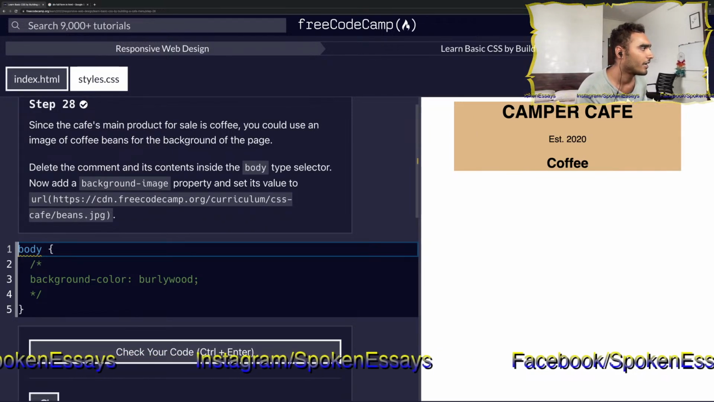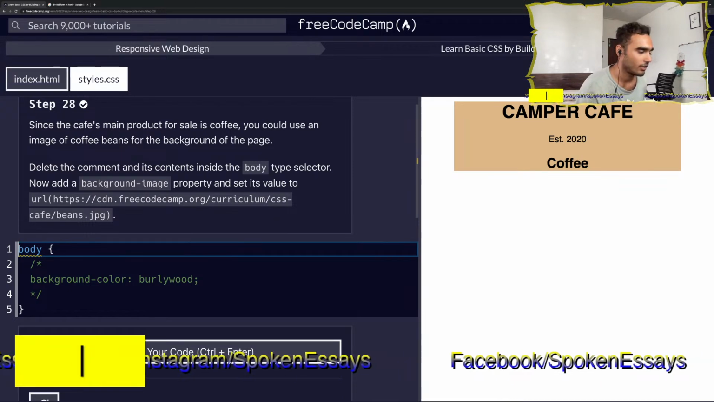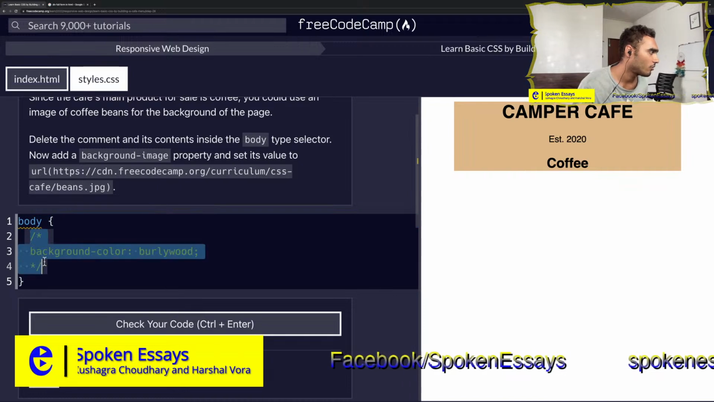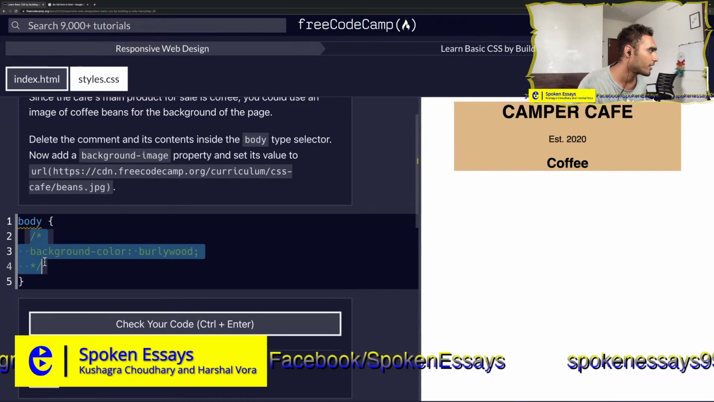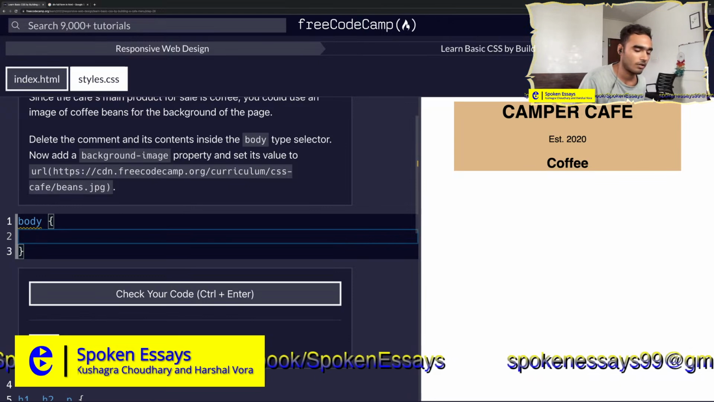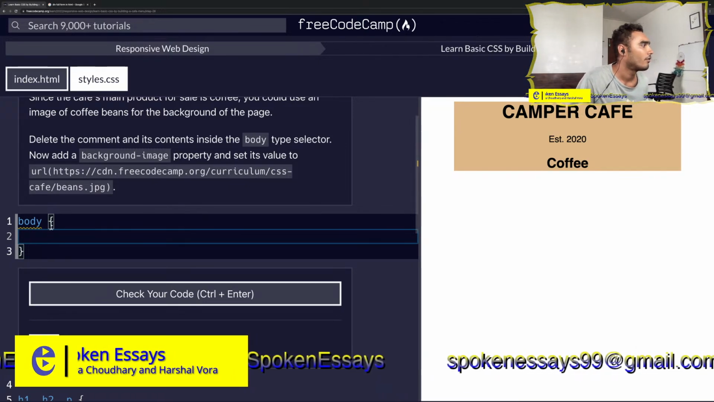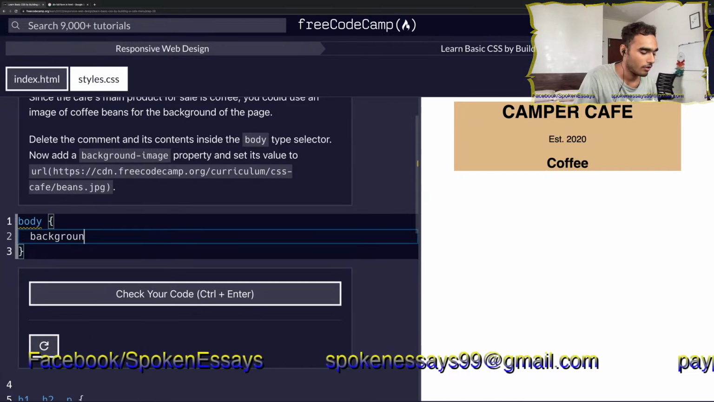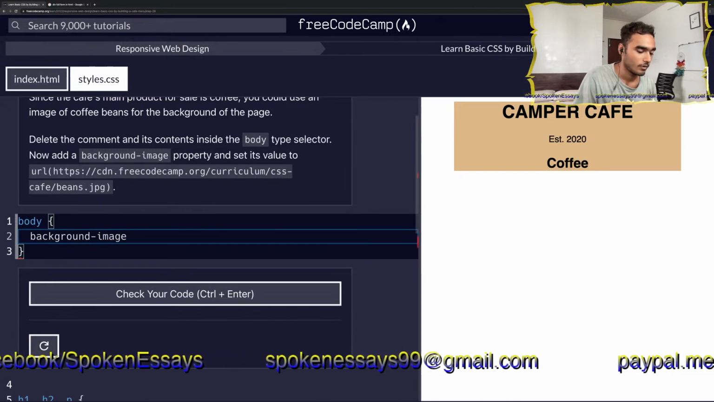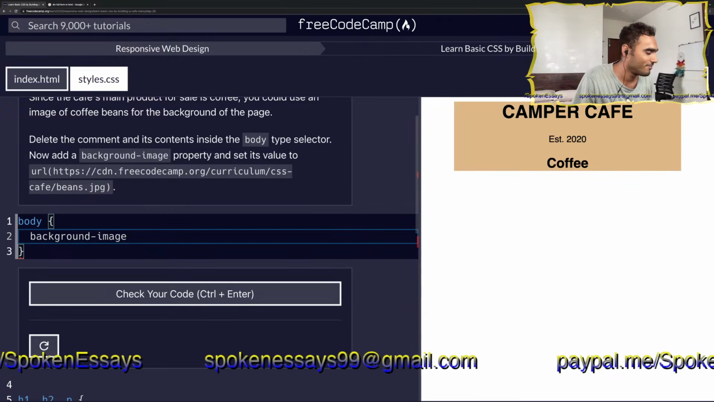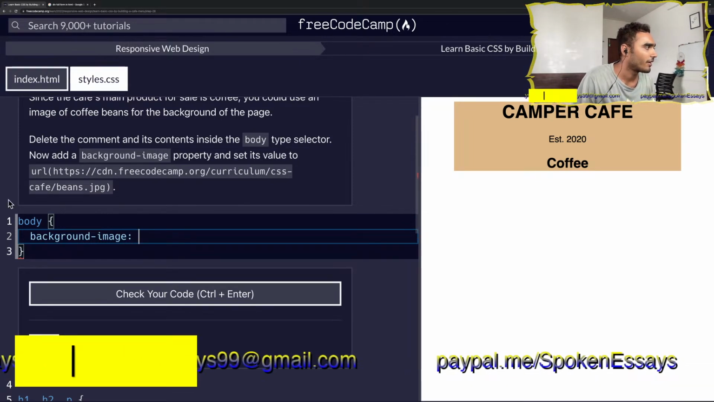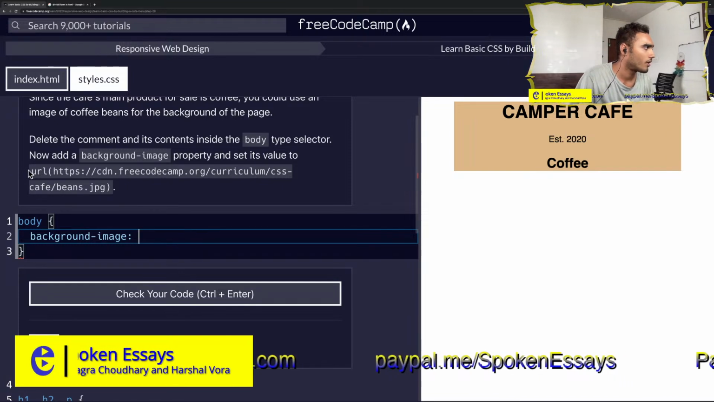So delete the comment and its contents inside the body type selector. So we're in the type selector called body, and inside this we commented this a few steps ago. इसको हटा देते हैं. And now what we'll do is we'll add a property called background-image, equal to, because habit, colon, and we will write this as URL